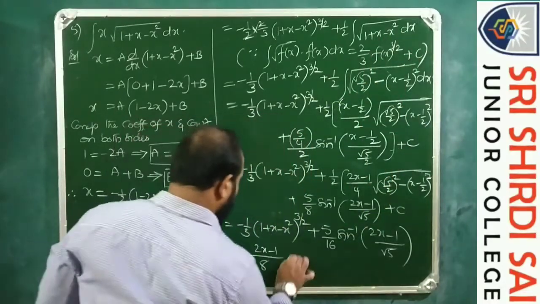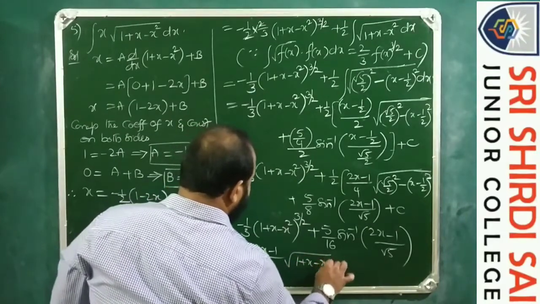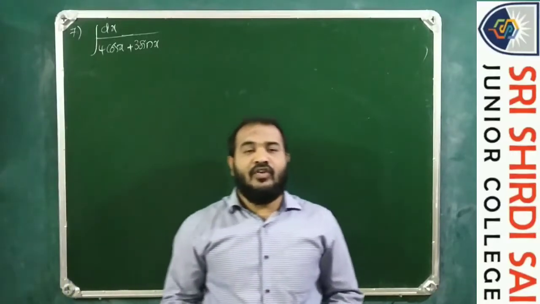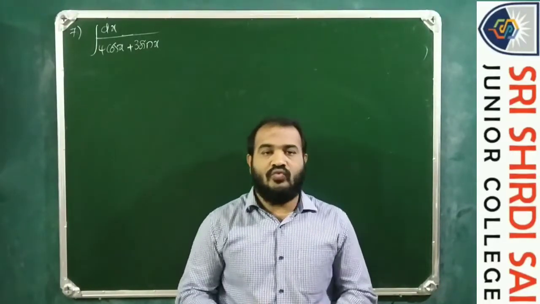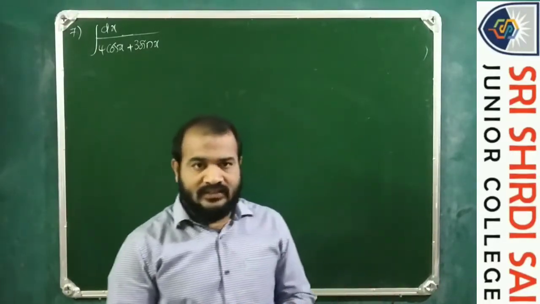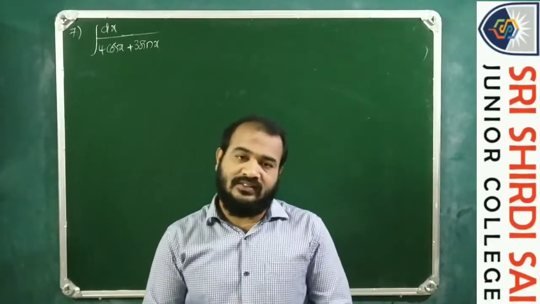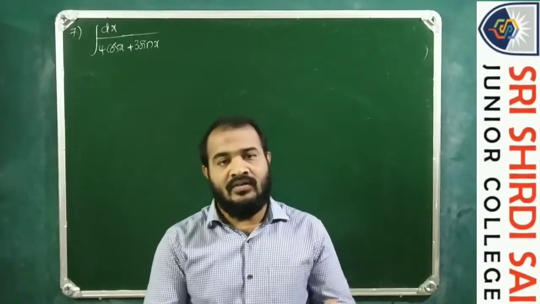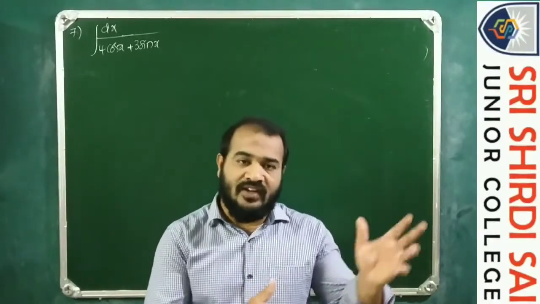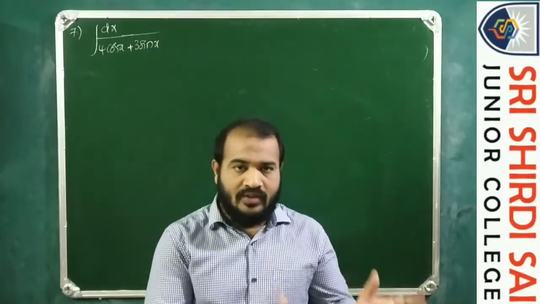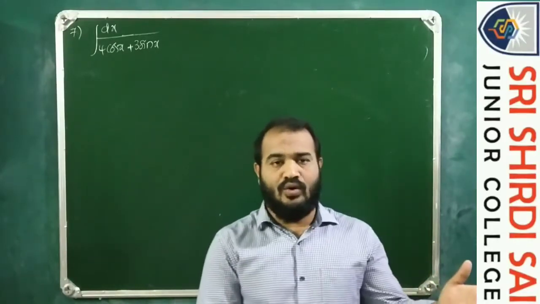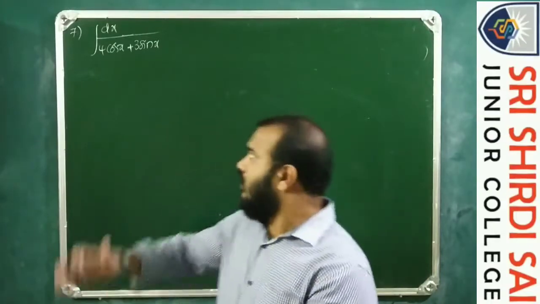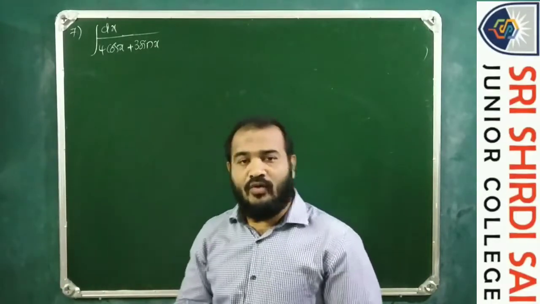So this is square root of 1 plus x minus x square plus constant of integration c. The previous problem, integral 1 by 1 plus x into square root of 3 plus 2x minus x square dx, is already discussed in our lecture number 11, where I have discussed the various methods in that lecture. So if you want that problem, then you may go to the 11th video and you may check it out also. Now let us continue the 7th problem onwards.